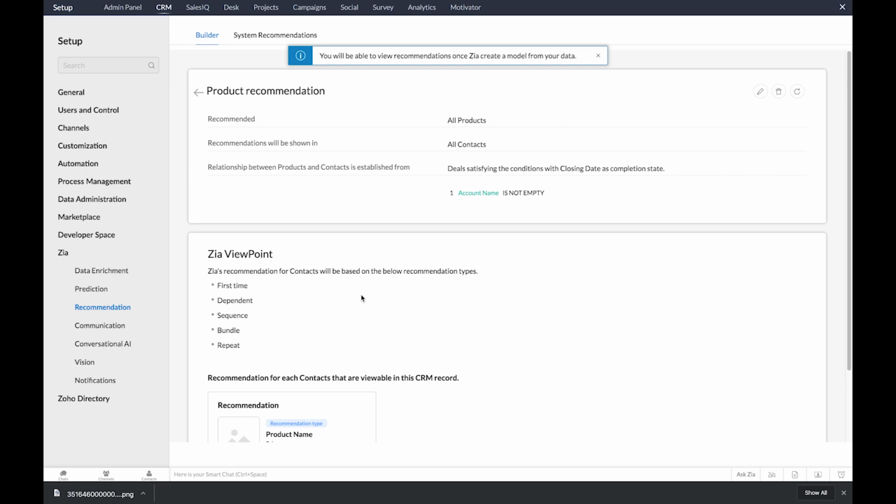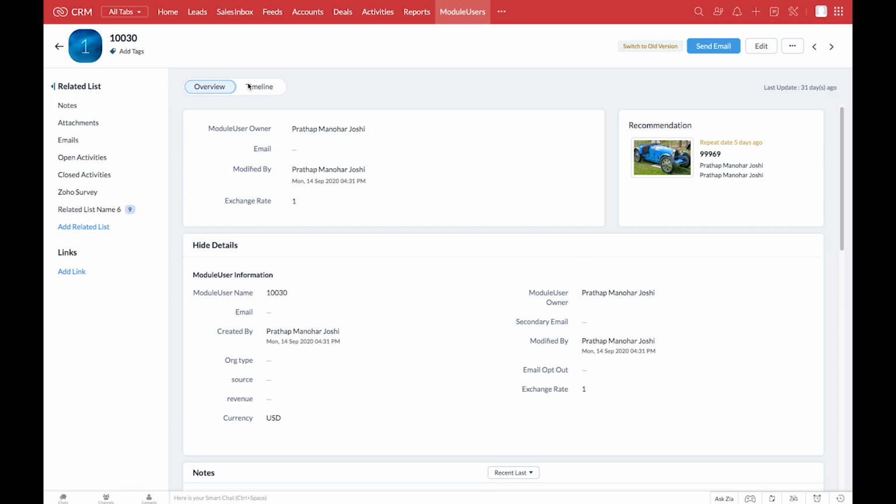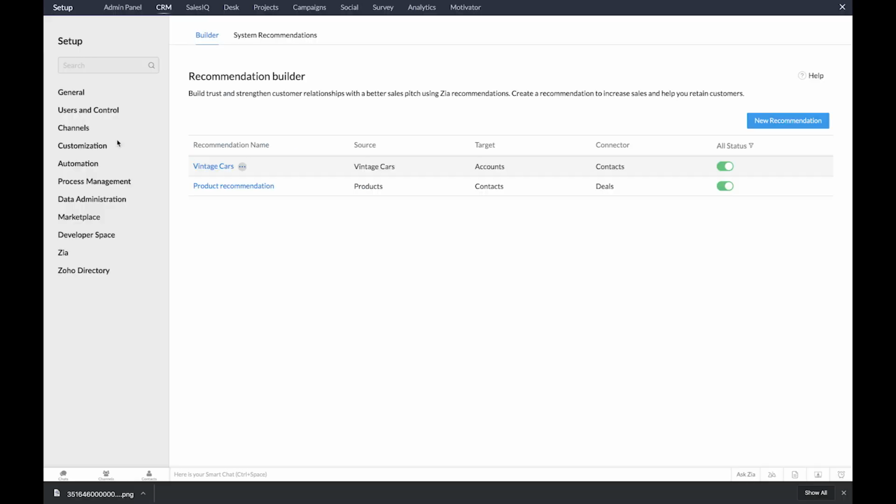Here is a sample that I would like to show based on the user recommendation that we have set up. It would show in the user record. Again, even in your CRM, the Zia recommendations analyzes the behavioral pattern just like predictions and then suggests the recommended product to the customer in their respective records. So again,